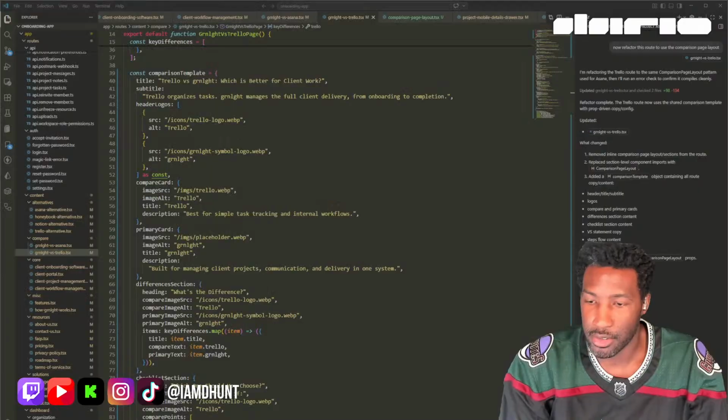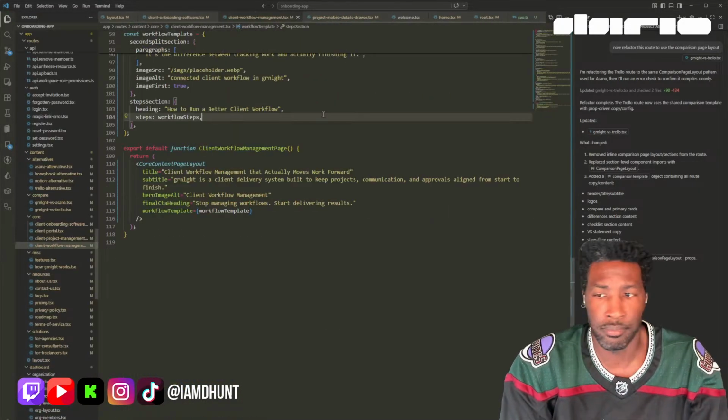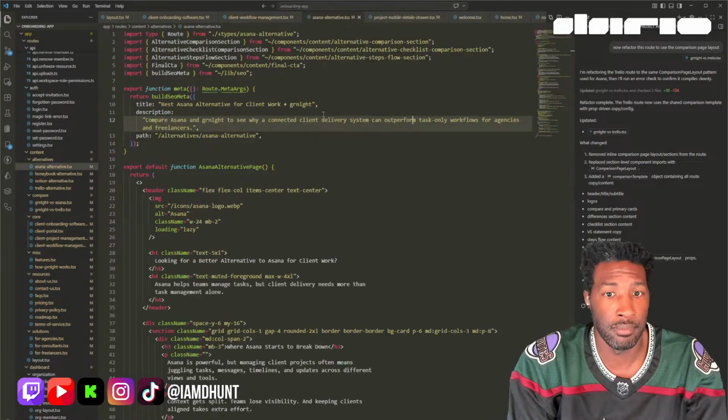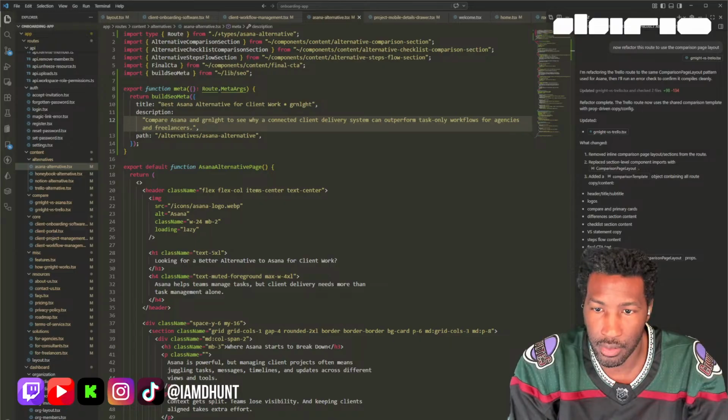All right, so the same for this. Its own separate alternative template with